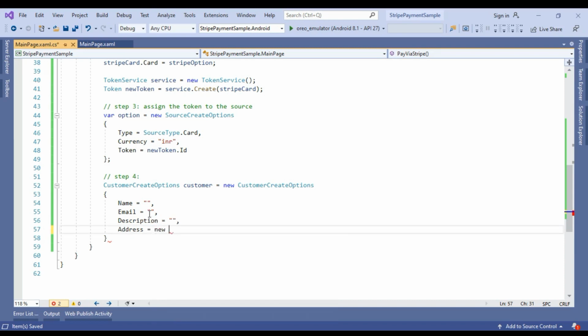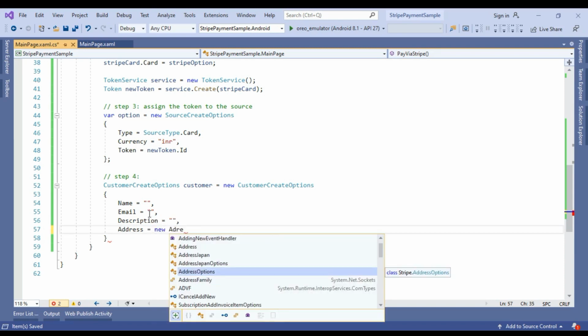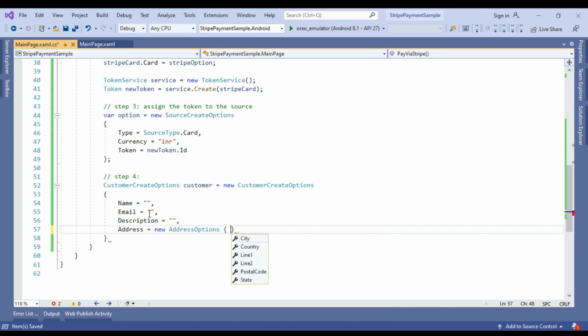So here we are going to use new address options, and inside these address options we have to pass a few parameters, because without passing the address information we cannot create a customer.